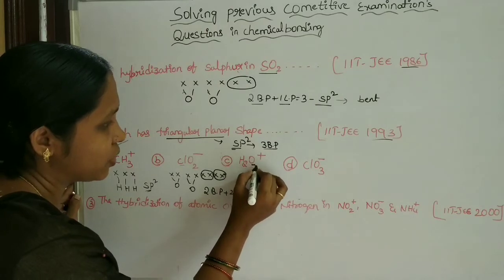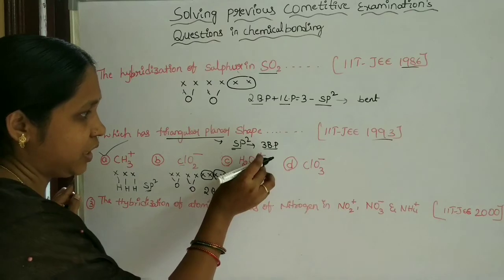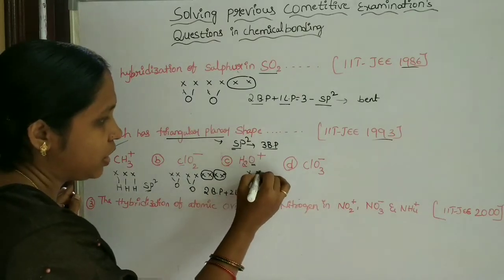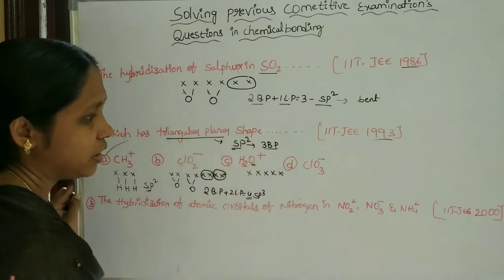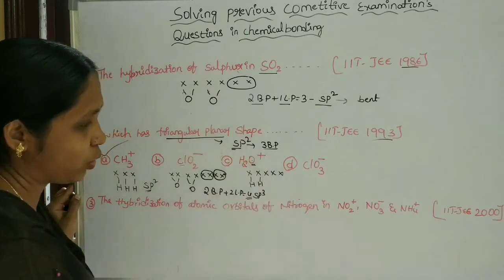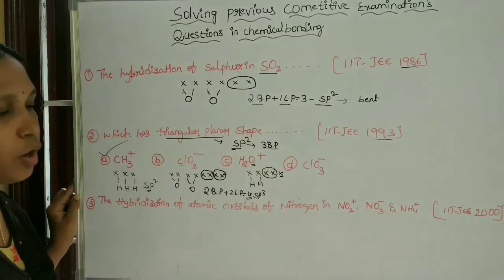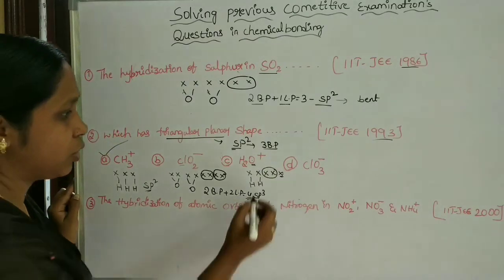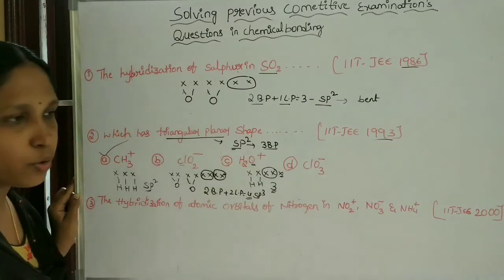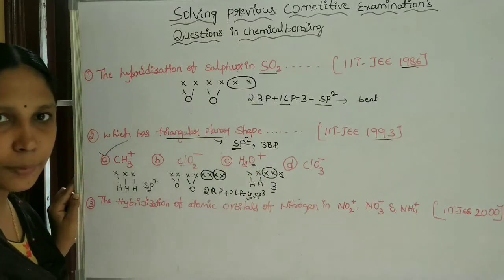And H2O plus. Here the central atom is oxygen. Oxygen belongs to the 6th group. It has 6 single electrons, carrying plus charge, so we take only 5 electrons. In that, 2 hydrogens, each hydrogen combines with a single electron. Here it also has 1 odd electron. So 2 plus 1, 3 pairs of electrons. But due to the presence of the odd electron, we cannot say it is sp2 hybridized.